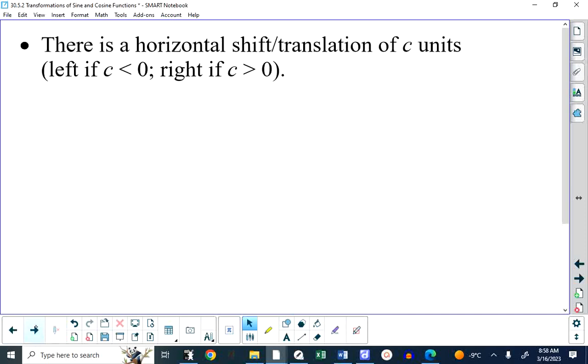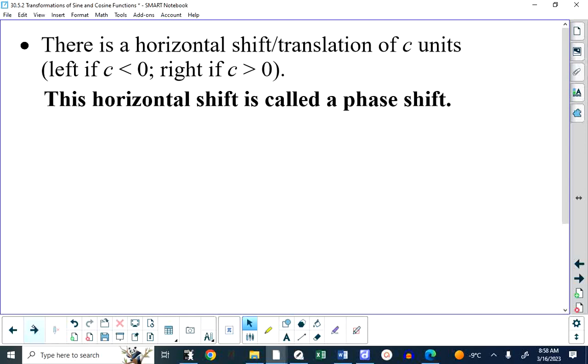There's a horizontal translation of C units. In the past, this would have said there's a horizontal translation of H units. When H is positive, it shifts in a positive direction. When H is negative, it shifts in a negative direction. Well, it's just C. There is, however, a change of terminology here. This has a specific name. It's called a phase shift. And when you're talking in trigonometry about a phase shift, it means horizontal. So if you were asked on an exam what is the phase shift, you were asked for the value of